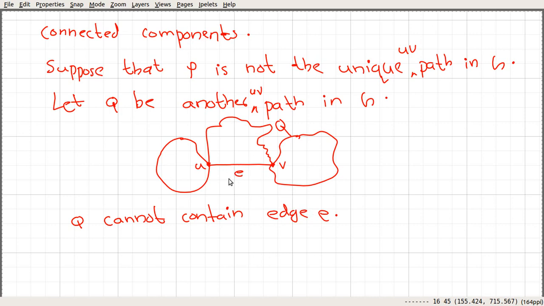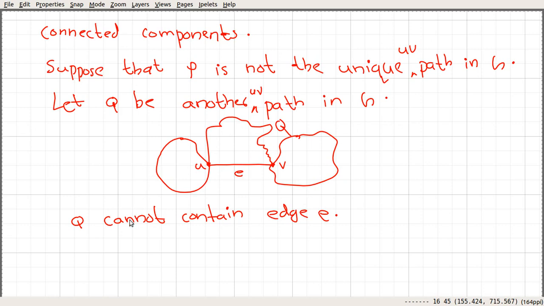Similarly, suppose that this edge appears somewhere within the Q. Then what is going to happen is that you start from this U, you move somewhere and reach this particular V. If this E occurs somewhere within this Q, again we can see that this V or U will get repeated more than once. In a path, that is not allowed. So that says Q cannot contain the edge E.